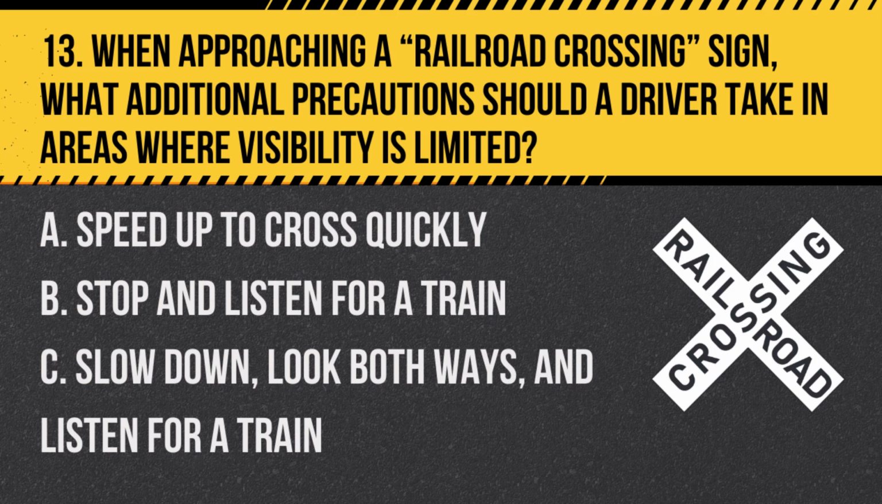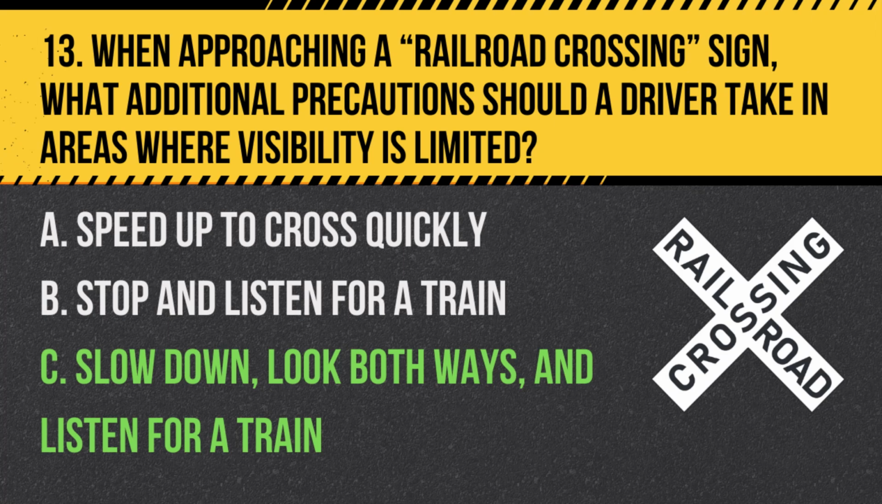A. Speed up to cross quickly. B. Stop and listen for a train. C. Slow down, look both ways, and listen for a train. Answer. C. Slow down, look both ways, and listen for a train. When approaching a railroad crossing sign, especially where visibility is limited, slow down, look both ways, and listen for a